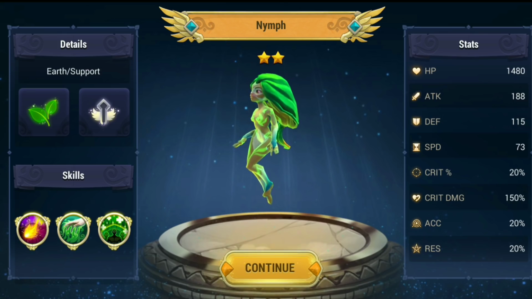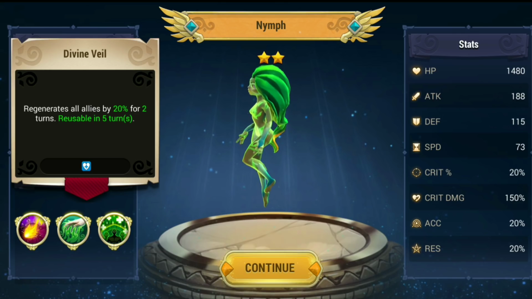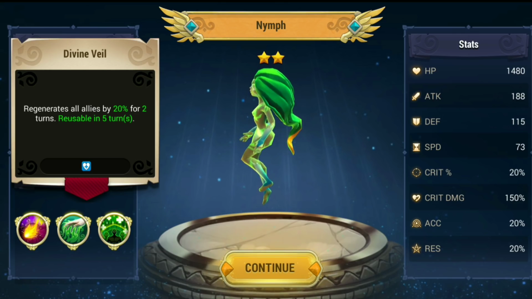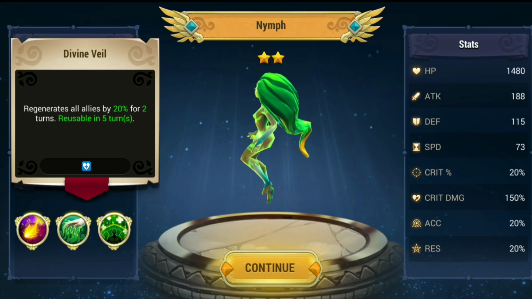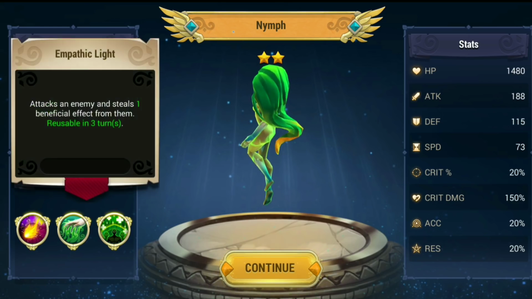I've actually been using her as my main healer. Her heal takes longer. It's 5 turns, but it's a little bit higher of regeneration. I've been using her as a healer. She's not bad. If you get her, she can definitely substitute for the Water Nymph, and her second attack's going